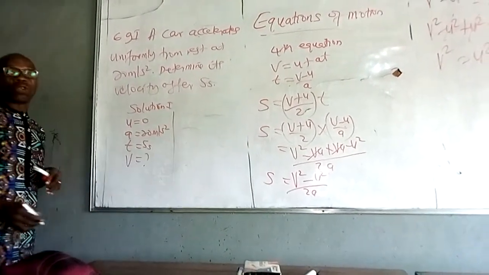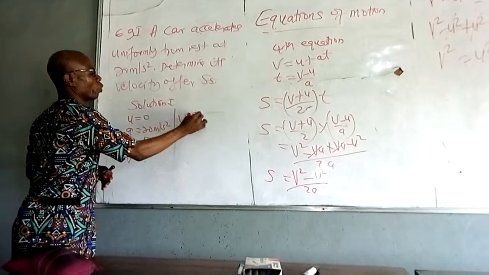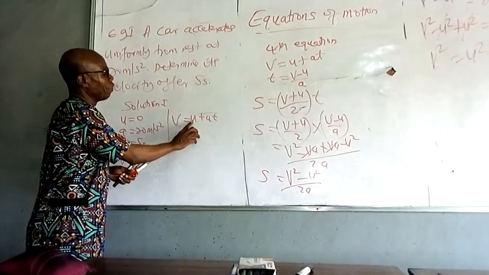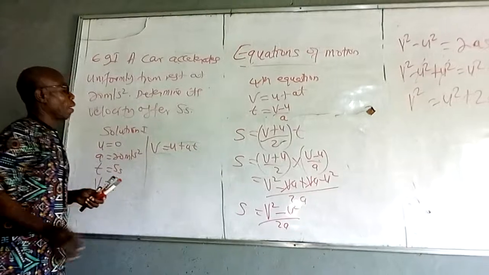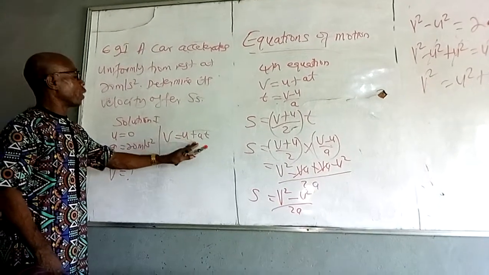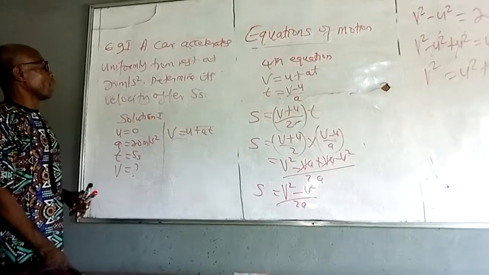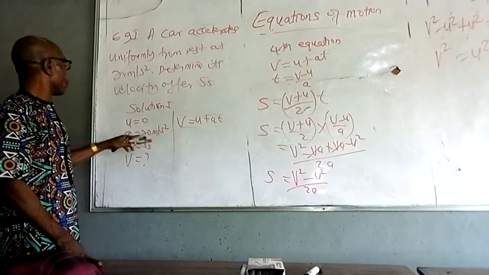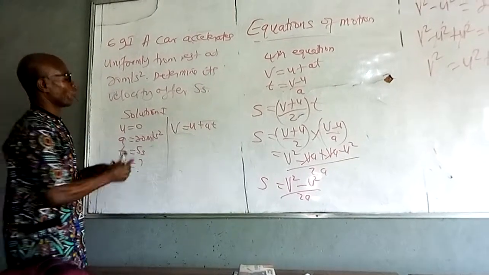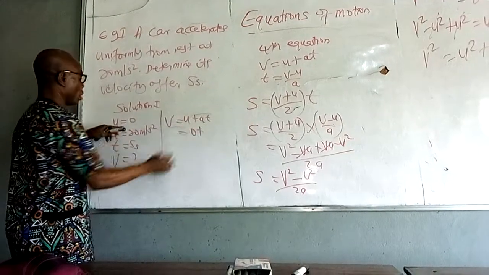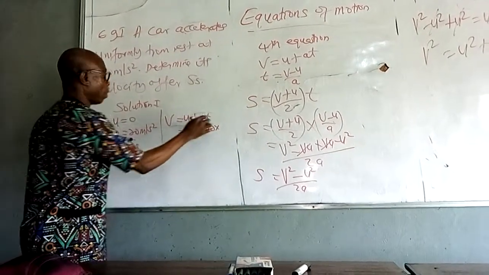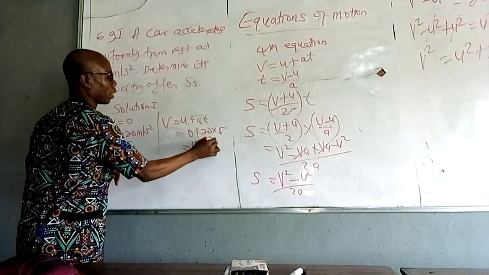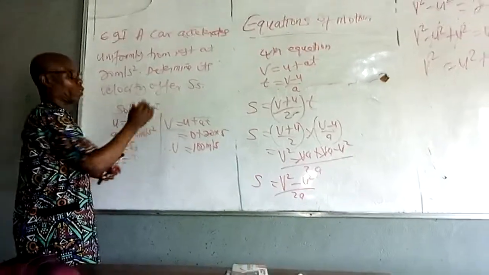So we make use of the first equation of motion, that is v is equal to u plus at, because we have information concerning the three of them there. We have u 0, we have a 20, we have t 5. So we substitute. u is 0, a is 20, times time of 5. This will give us 100 meters per second. Therefore, our final velocity is